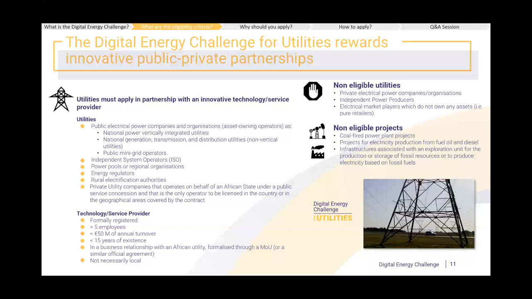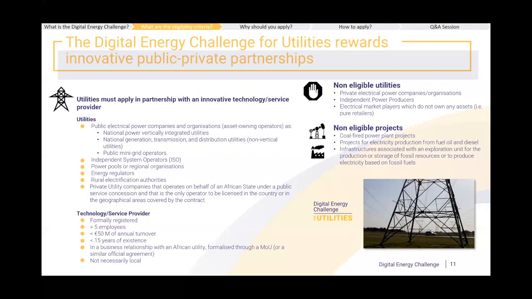So this relationship between the African utility and the technology service provider, African or not, must be formalized at the stage of the application by some sort of official agreement, a memorandum of understanding type, that can outline the goal of the partnership, its objective and its organization. So to take a few examples of non-eligible utilities or non-eligible projects,